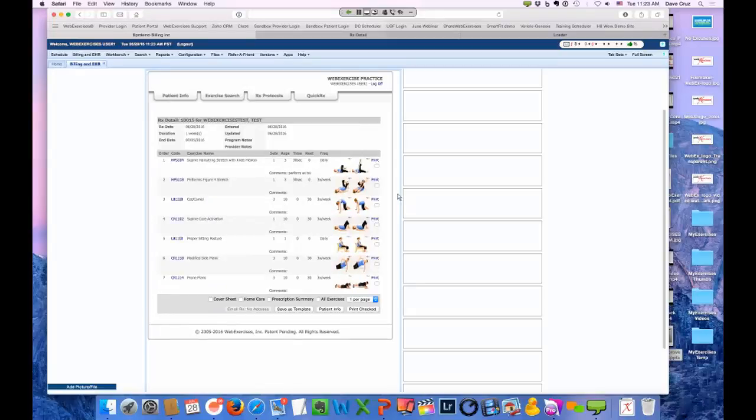And at this point, I'm done. I don't need to do anything else. I simply can select all and print these, or I can email it if an email address is in there. So it makes it very simple for me to create, track, and print